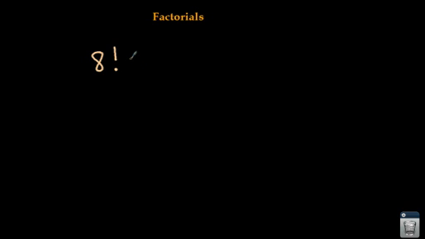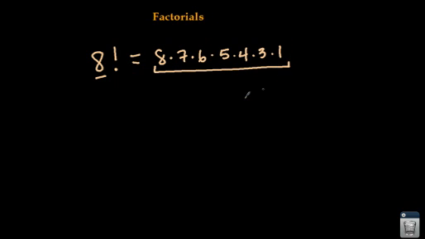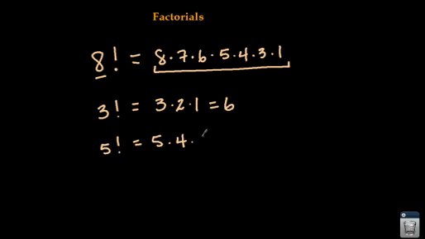So 8 factorial is actually equal to this. We start with the number here, and a factorial means to find the product of every number below it, stopping at number 1. So the product of 8 factorial would be all of these numbers multiplied together. The product of 3 factorial would be equivalent to 3 times 2 times 1, which is 6. The product of 5 factorial is equal to 5 times 4 times 3 times 2 times 1,